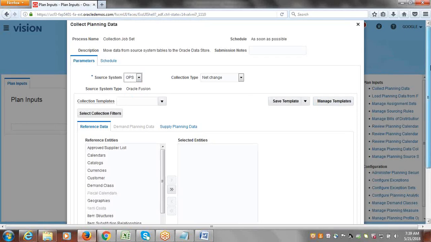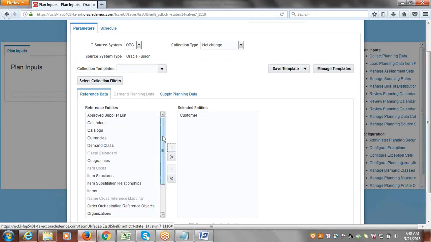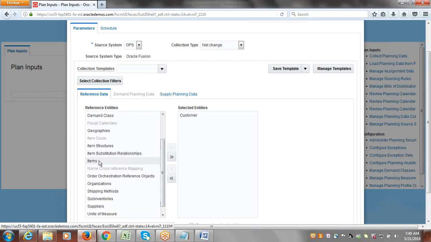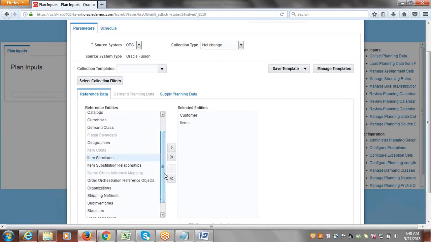Later we can run through that process. So you can select the customer updates, item, and the organizations,